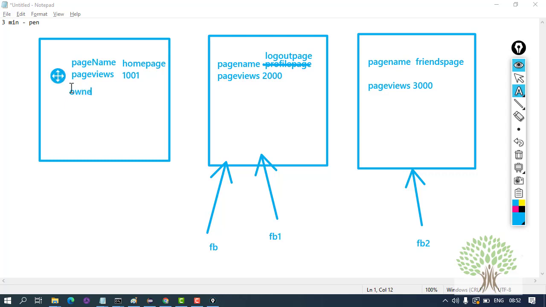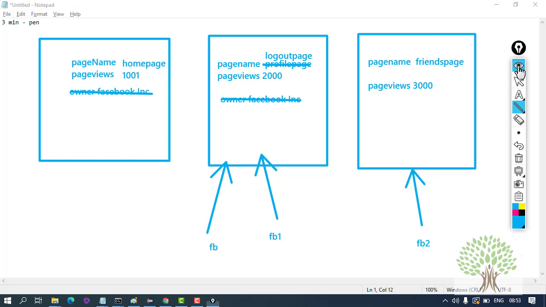Okay, so owner becomes Facebook Incorporation, but this will be repeated in every object. So what we do is that we don't work like this. We don't make this a part of every object.